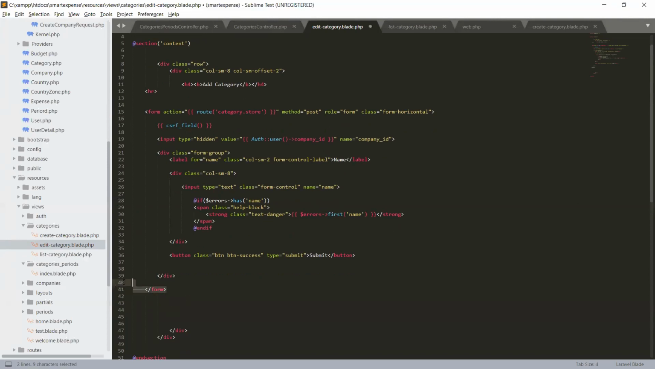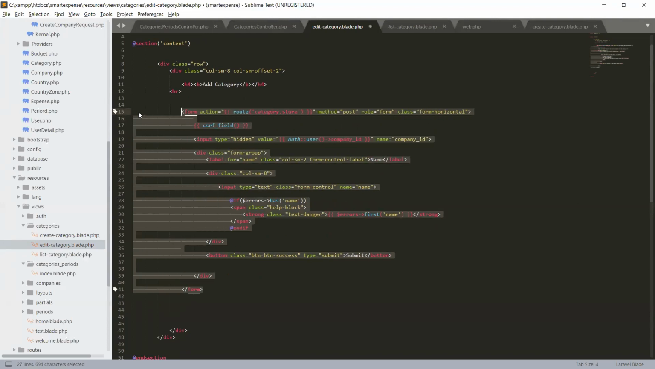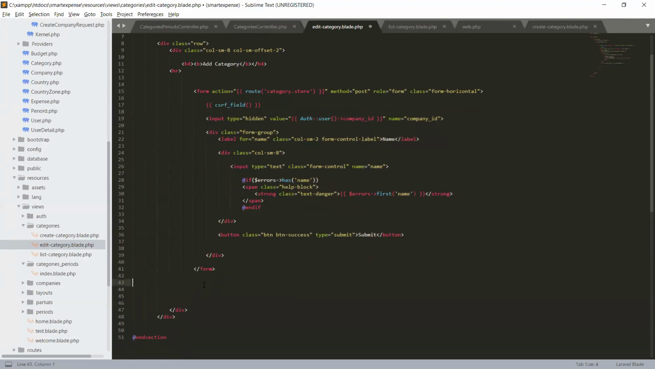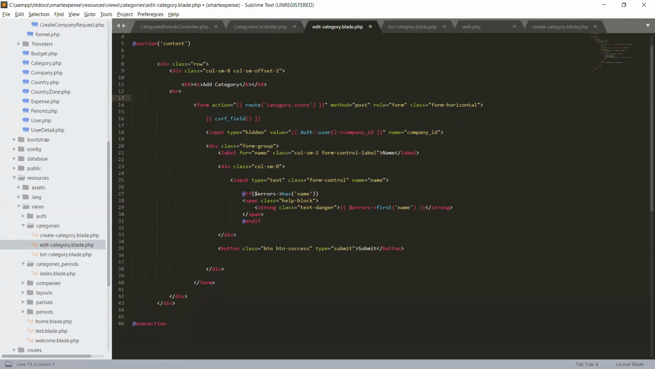Okay, let's quickly indent it. Control right angle bracket, and we can indent the code. Let's remove the spaces from here to clean our code. Okay, and now